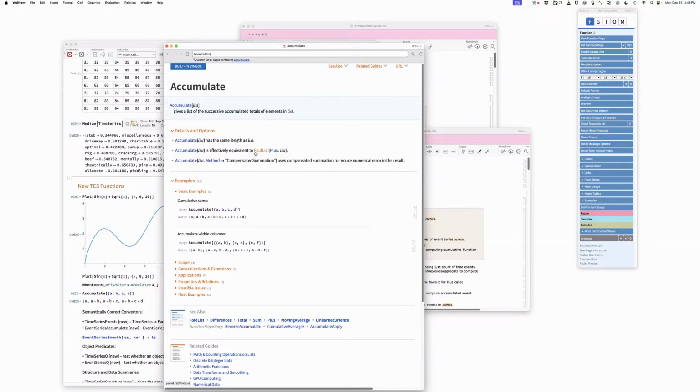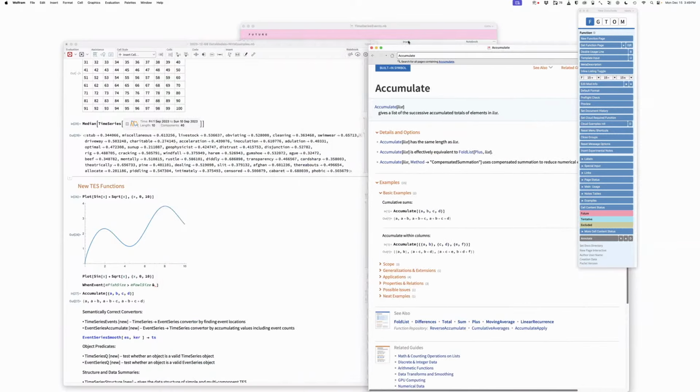Well, except that accumulate of list, comma, f would just be fold list of f, comma, list. It will be fully equivalent. I mean, it's a bit silly. I'm not a big supporter of that. But I mean, having accumulate